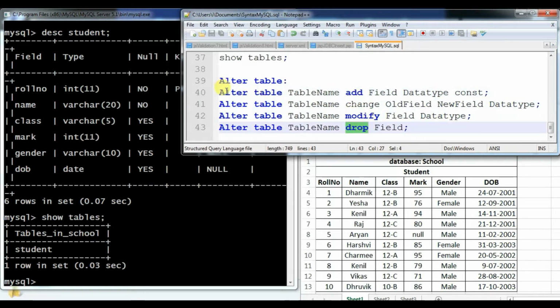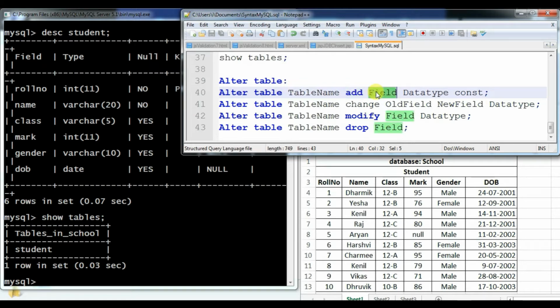The syntax is the same as before: alter table, table name. Right now the name of our table is student, so we will use student over here. So, alter table student. Now, add for what? Suppose you want to add one more field in your table. In our table student we have a total of 6 fields. Now suppose you want to add one more field with the name city, then what? Yes, you can go with the alter table command. In that you can use add over here.